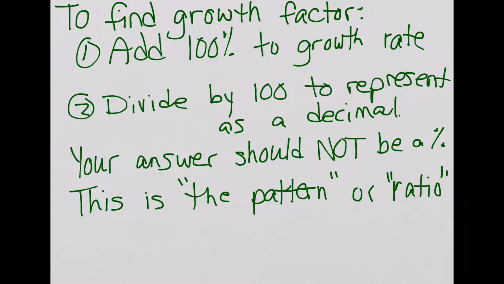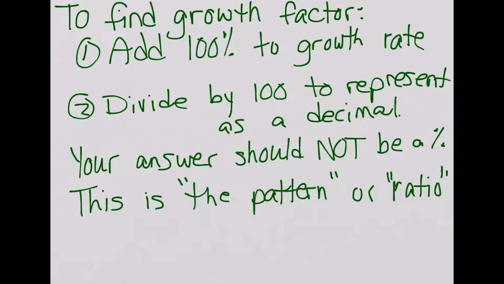Okay, what about going the other direction? If you have been given the growth rate and you need to find the growth factor, why would you need to find the growth factor, you're wondering? Well, the growth factor is what you use to actually write the equation. The growth rate is useful information, but if you want to write an explicit equation,